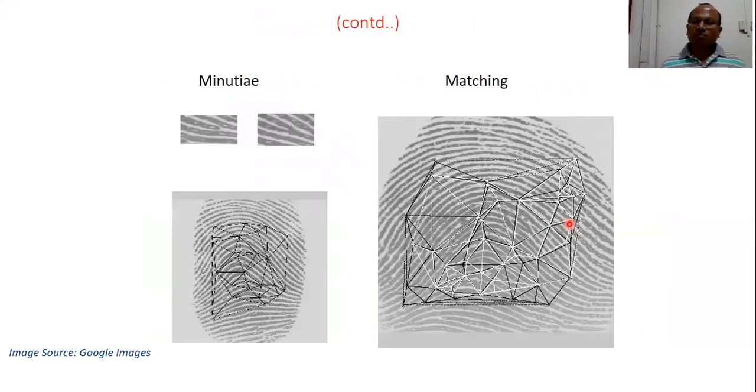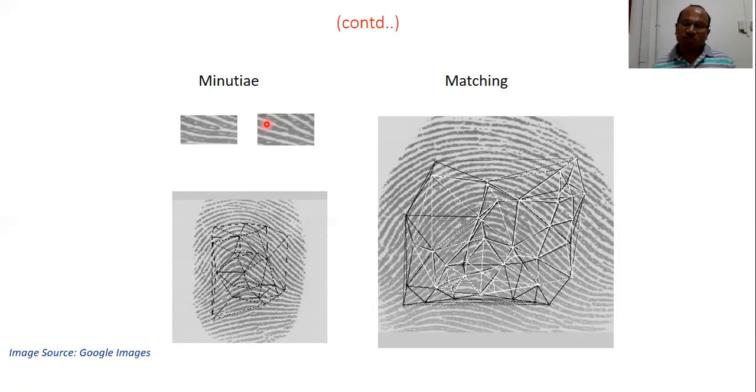This is one example of how the fingerprint is matched. I wanted you to know what these thin lines are, and there are some points chosen, and on those points, matching takes place. So you can see here the valley, V-like structure, and ridges. These are called ridges and valleys in the fingerprint. These ridges and valleys are finally stored in the database as minutiae. So minutiae are stored inside the template database, and by matching minutiae, we recognize the fingerprint.